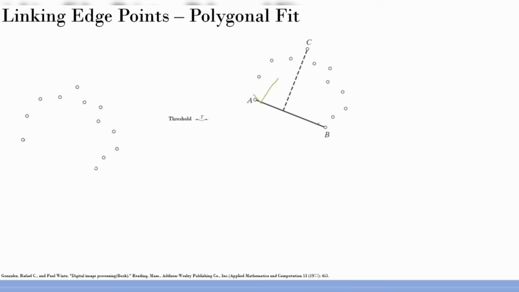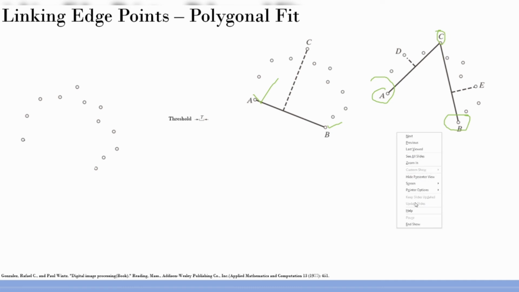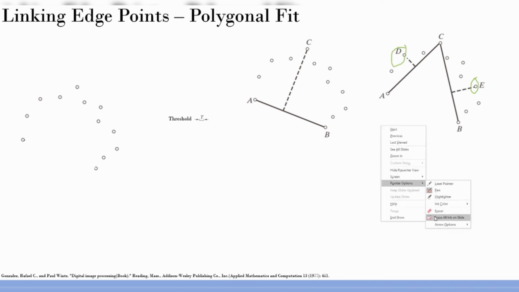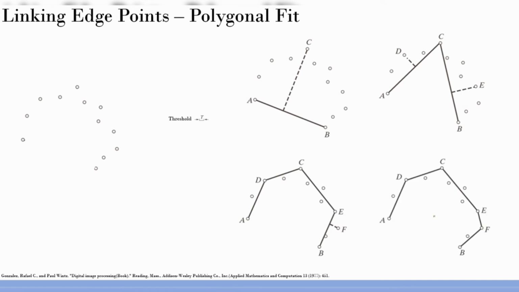So then you consider this and this as edges. Okay, so that's already done. Now from them, you find the longest, and of course C is the point. Then you have already identified two segments, this segment and this segment. Then you find again perpendicular from each of these segments, which is the longest. Of course you will find D and D in that case, and you just proceed in an iterative fashion again, and you end up getting something like this. This is quite intuitive, it's not very difficult to understand.